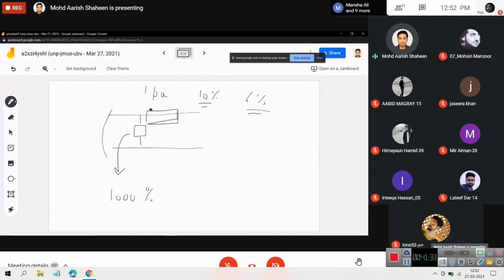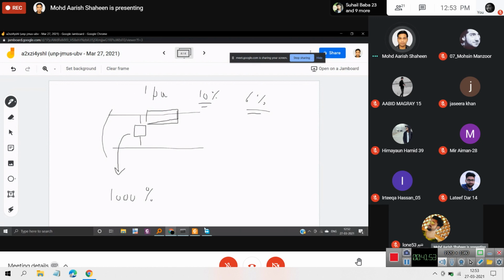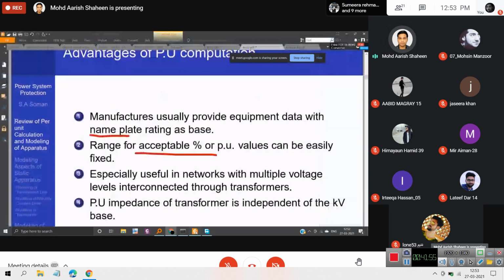In practice, obviously, the voltages are different depending upon the loading conditions and the reactive power flows and so on and so forth. Any deviation from 1 per unit, typically speaking, is not acceptable. It is something to be avoided usually. So it will again allow us to make an intelligent assessment of the state of the network, the state of the power system, by looking at the per unit values. I have already explained this.